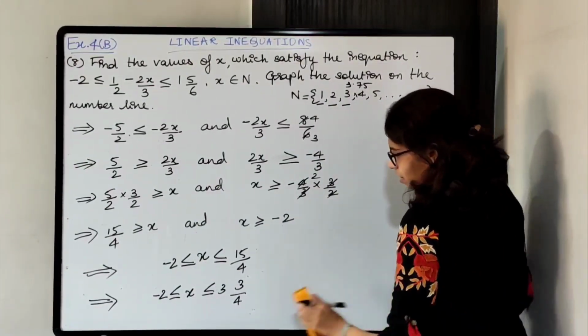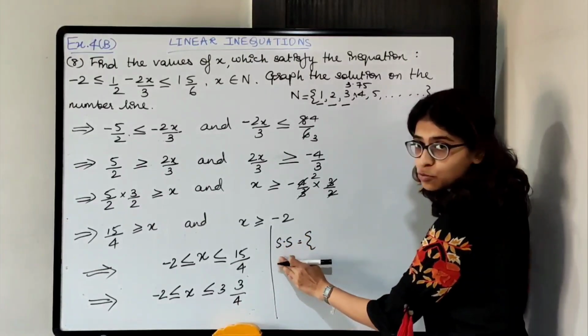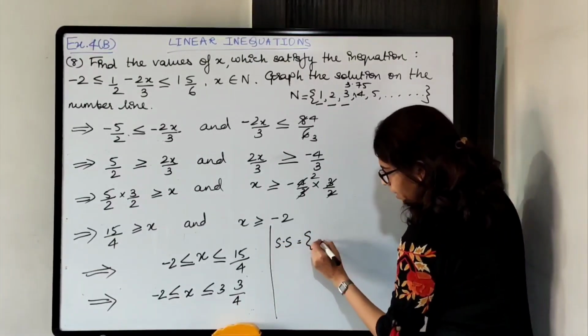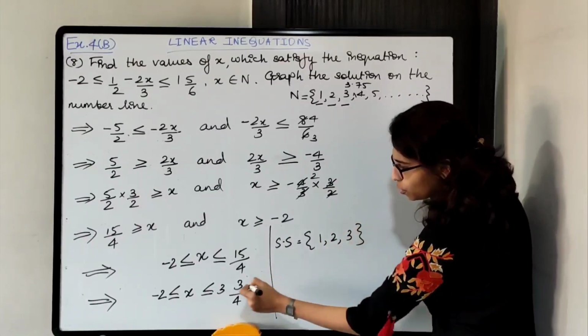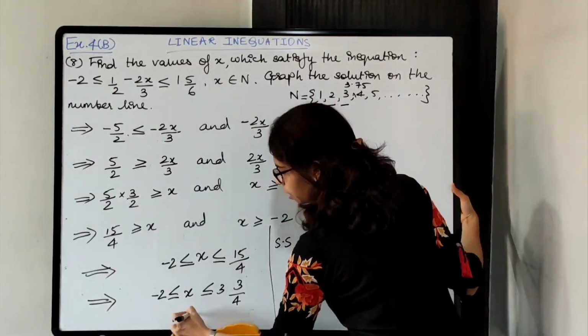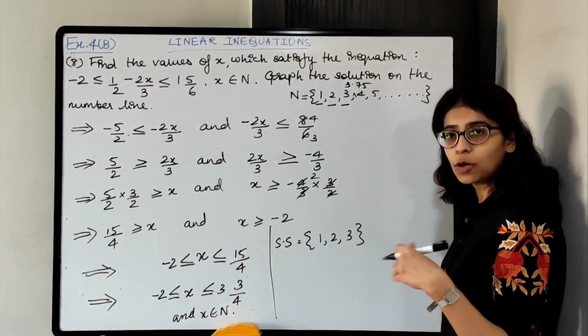for x क्या हो जाएगा? You will write the full thing, students. I'm not writing it down. It will be 1, 2, 3, and before this you will write down and x belongs to the set of natural numbers. Now plotting on the number line.